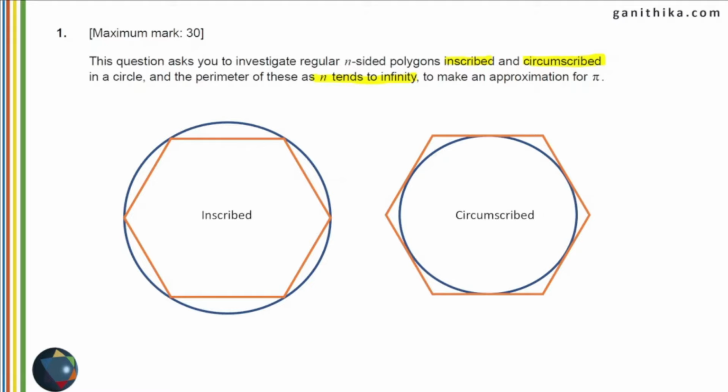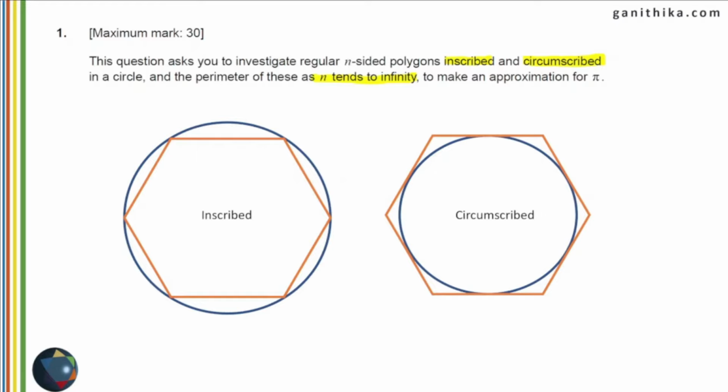So first of all, take a minute to understand this statement. Don't take it for granted that it is of no use. Once you read the statement carefully, you know what you have to keep in mind, what you are going to do, and what is the area that you are going to tackle in this question. For example, in this question, you are going to do some geometry and you are going to do perimeter, inscribed and circumscribed in a circle. And you are also going to do some limits as n tends to infinity. And then we are going to do something to approximate pi.